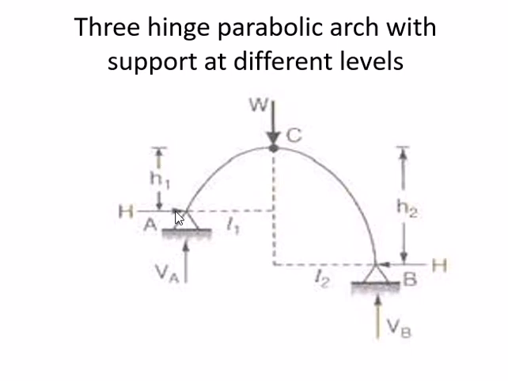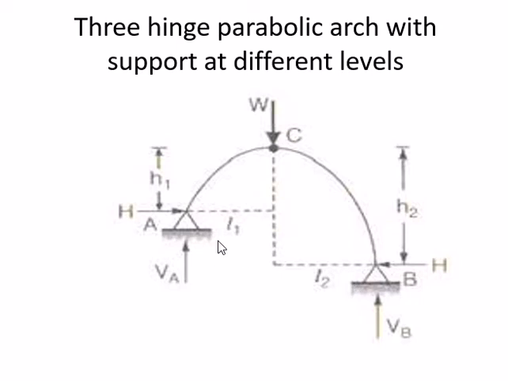H1 is the rise of the arch of part AC, and H2 is the rise of the arch of part CB. H2 is the vertical height from the support B to the crown point, and H1 is the rise from the support A to the crown point C. Then at support A and support B two external hinges are there, so at each point two reactions will develop, one vertical and the other horizontal, for both supports.